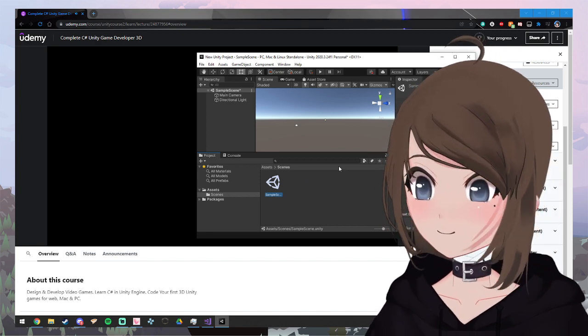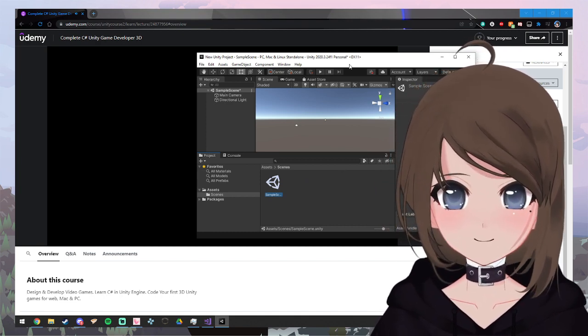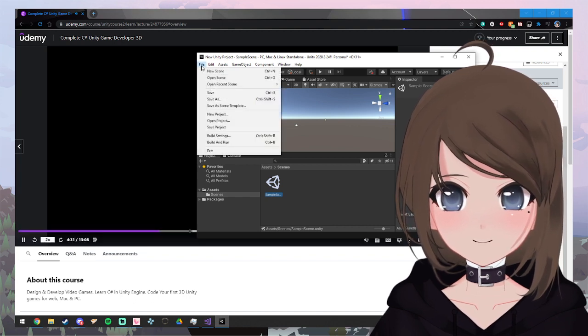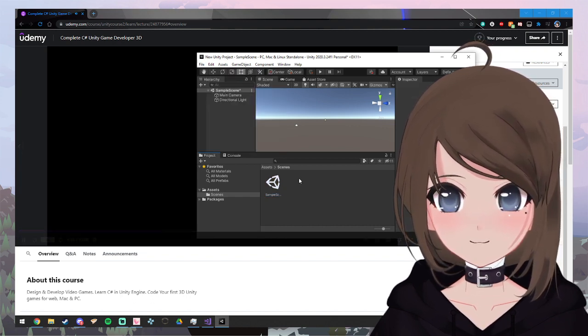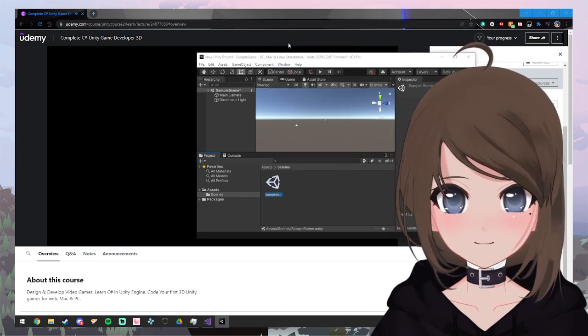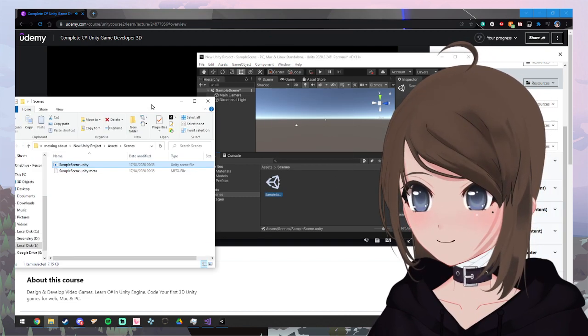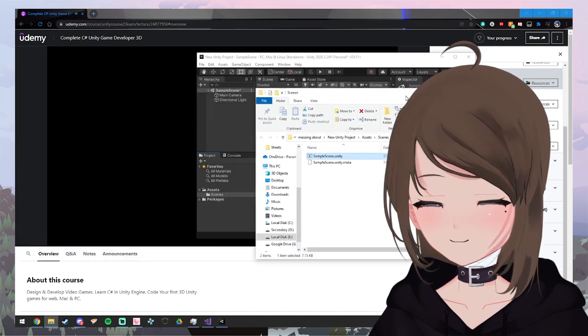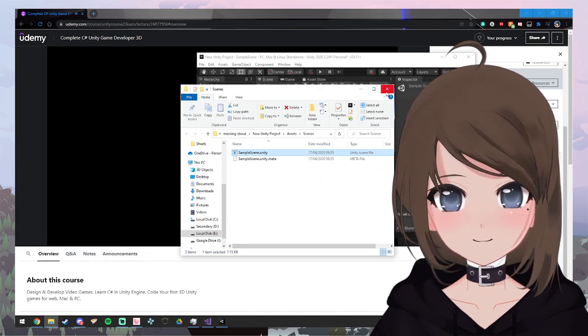Then you'll see a little asterisk down the end that says it's not yet saved. If I do Control S or Command S or go up to File Save, you'll see the asterisk goes away. Now my scene has been saved to my hard drive. To reinforce that, I'm going to right click and find Show in Explorer. It shows me that within my repos Unity 3D experimenting folders, I have the assets folder, and within that is the scenes folder. Within this, I have the sample scene that's saved to my hard drive as a Unity scene file.